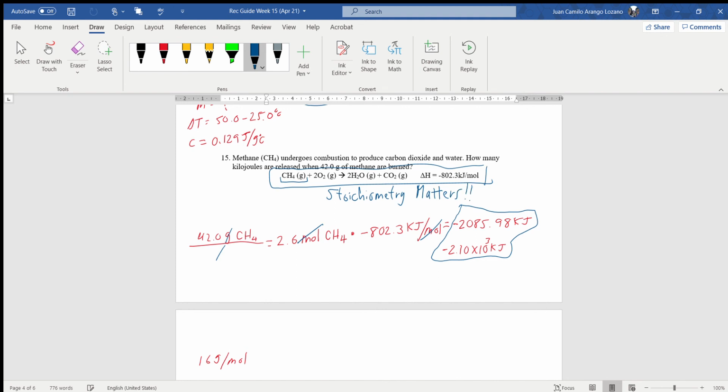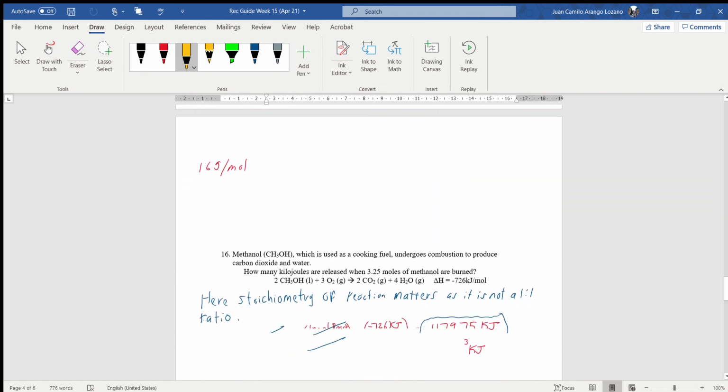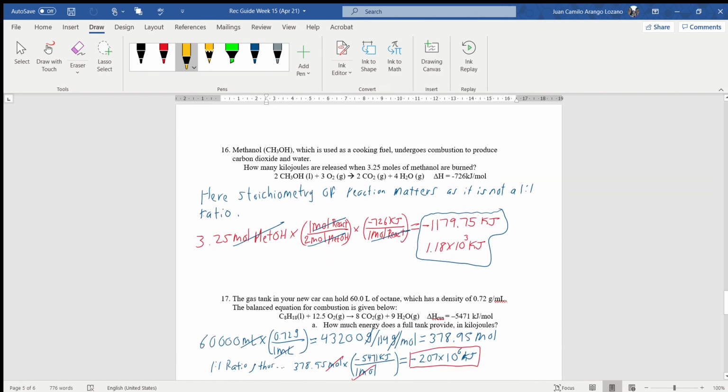For this specific exercise, not that much because in this case you have a 1-to-1 ratio between the delta H and the reactant you care about. However, and I already did it, you take a look at the math, you will see that it's quite simple to do it. However, if you go to exercise 16, now they are asking you about the reaction of methanol,